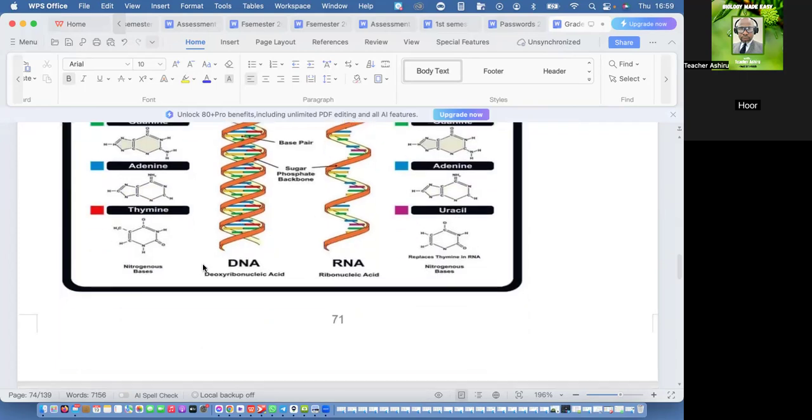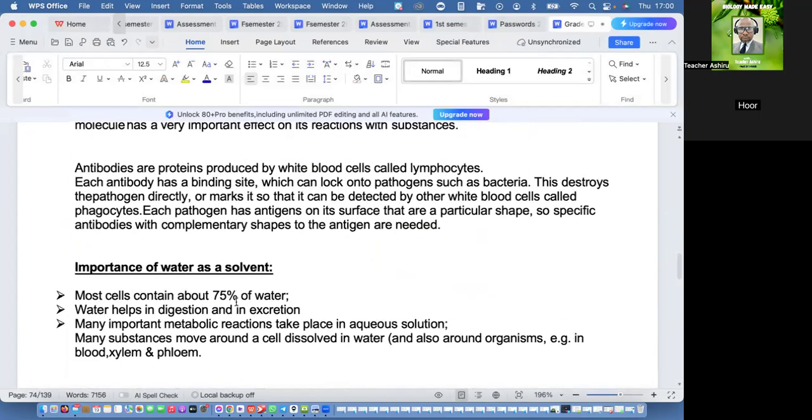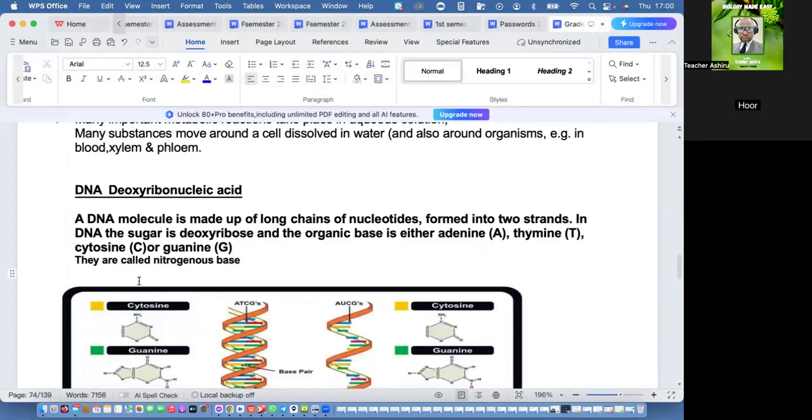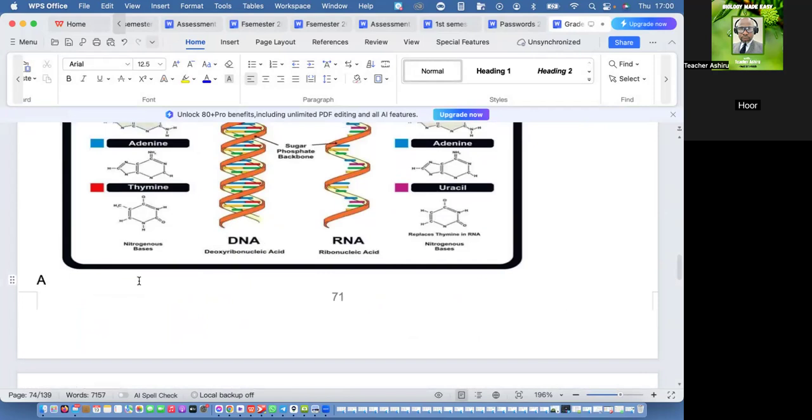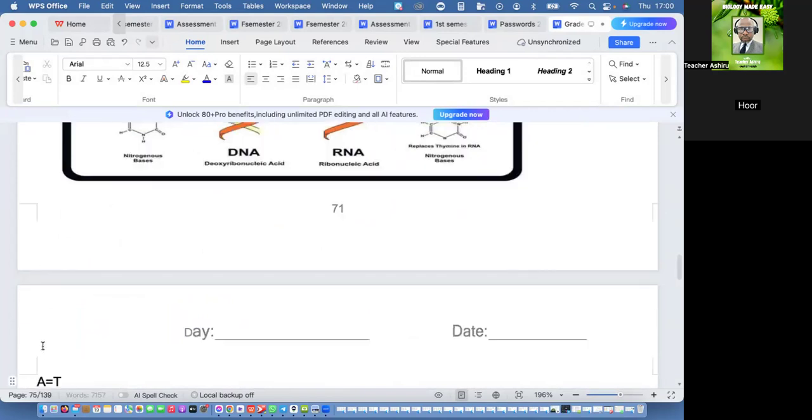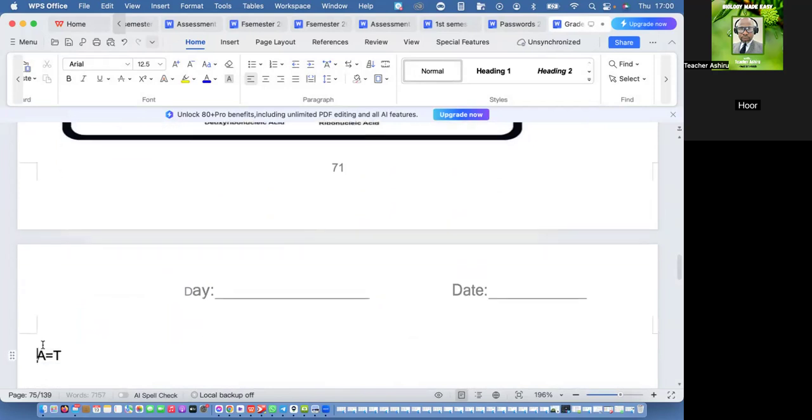This is the pairing. Let me show it to you here. In the pairing, A always binds with T for DNA. This is DNA. So A binds with T and